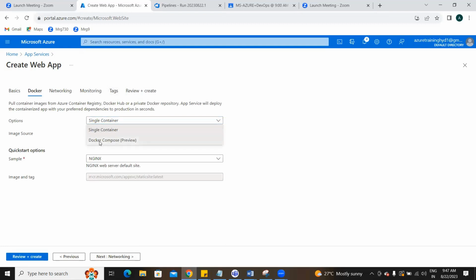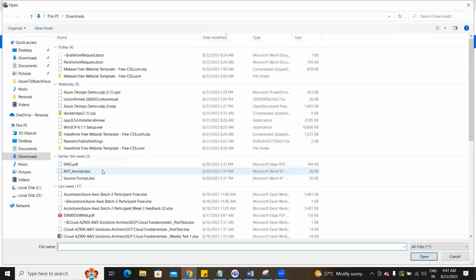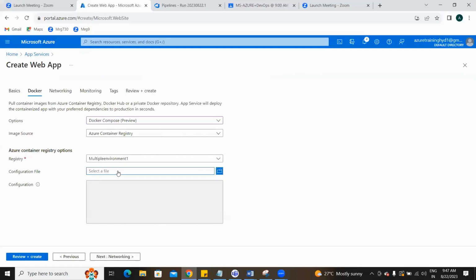Docker compose. Okay. Right. Image is directly here. Where is, buddy? Configuration file. No problem. Okay, I'm going here then.